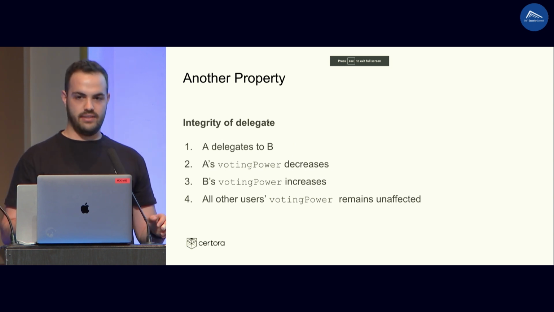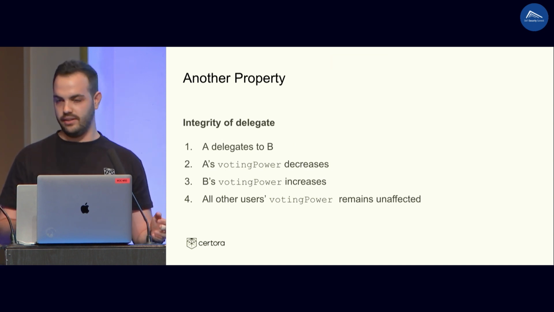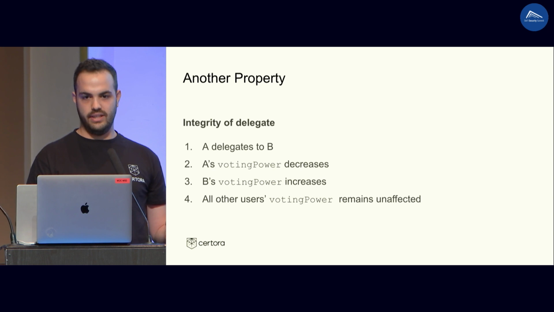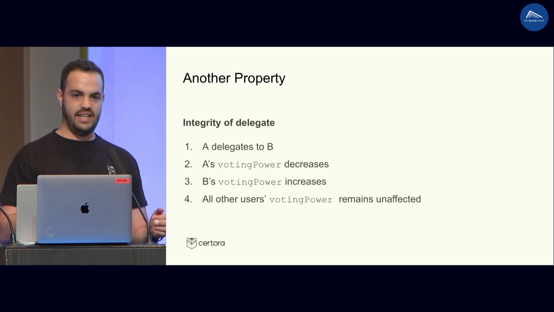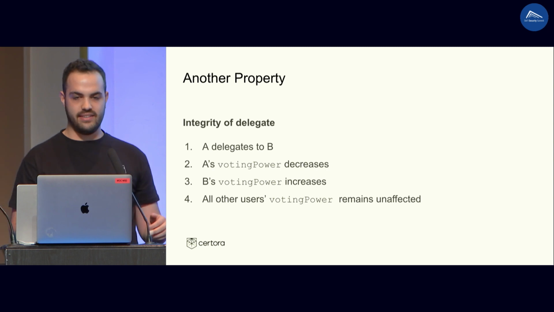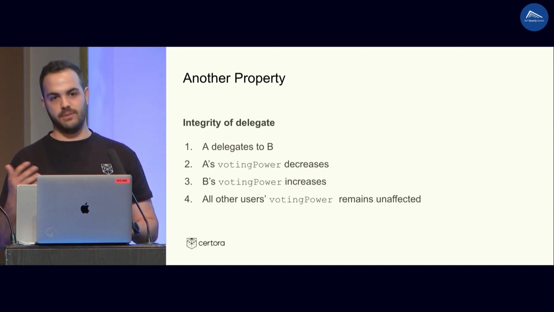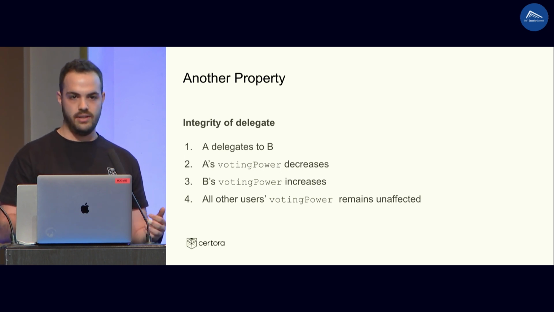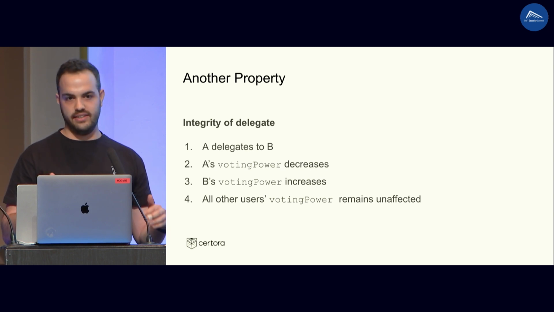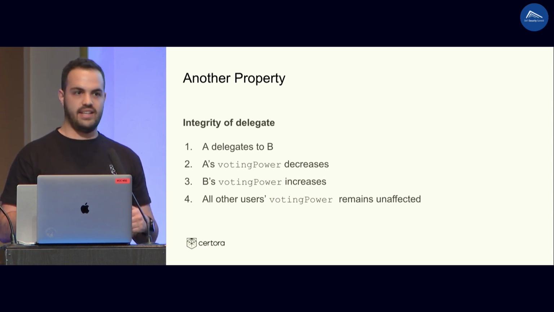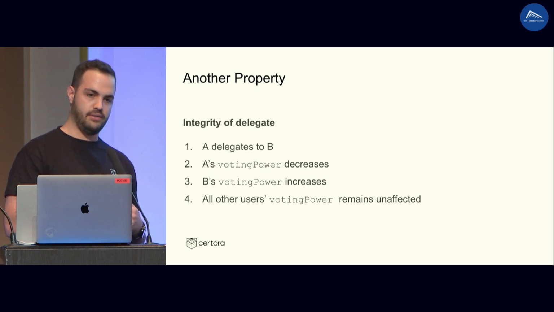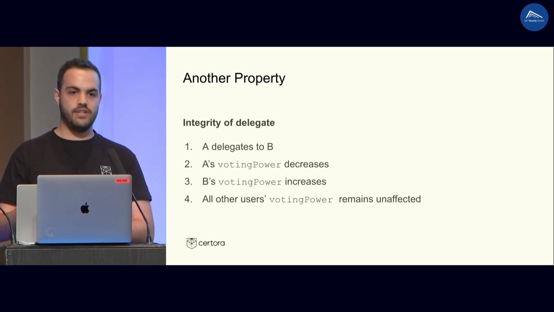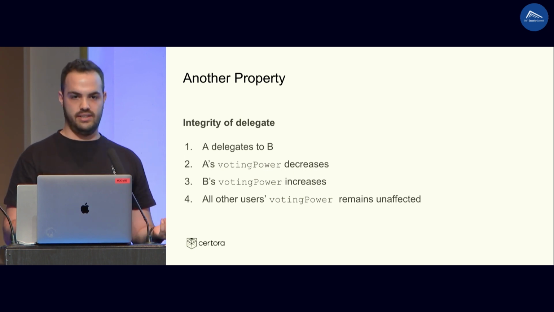Okay. Some other properties that we have are more specific to the Aave token, to the governance part, such as the integrity of delegate. For the delegate function, what should happen is that when A delegates to B, we expect that A's voting power will decrease, B's voting power will increase, and all other users shouldn't be influenced by this delegation. Because if A and B haven't been delegating to anyone previously, then when I start delegating to someone, no one else would receive or lose voting power